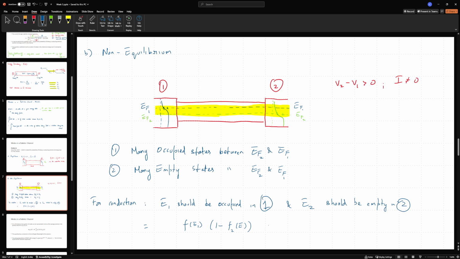which implies the net probability. So this is going to be f of E1... not f of E1. Just one second. What is the notation that I have used here? It is F1 of E. So I should say F1 of E1 and F2 of E2. Yes. So this is F1 of E1 times